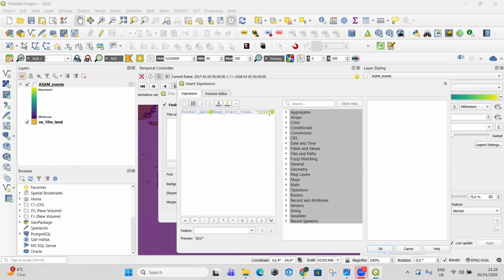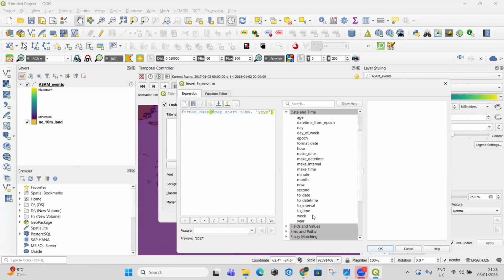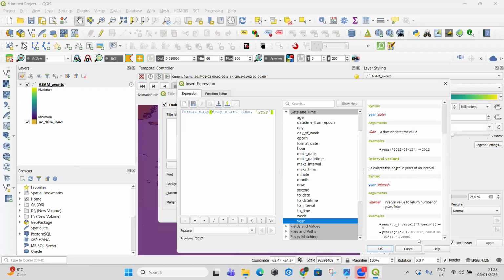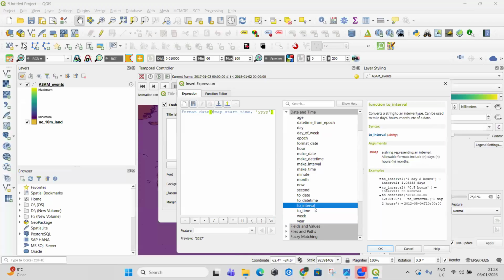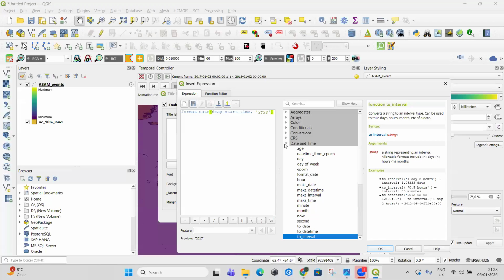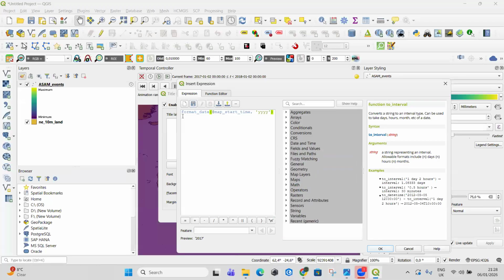If you want to know more about this formula, for example, we are copying it from that website, but if that formula was not available to us, we could have simply looked it up here. For every, maybe if I select year, the formula of year may be somewhere here only. Week is here. So you can select the time range here also. Now this expression, when you click OK,